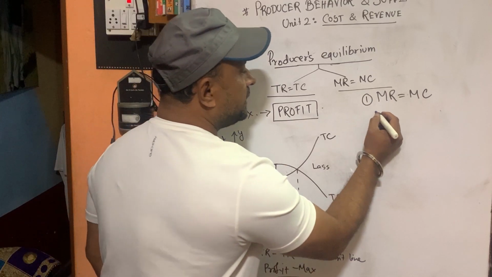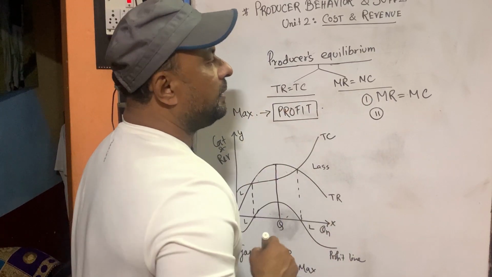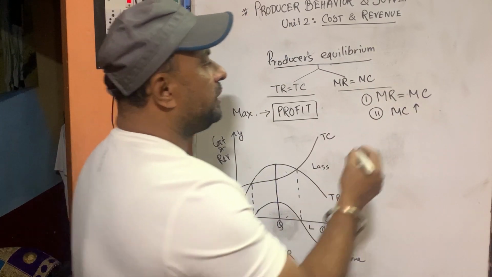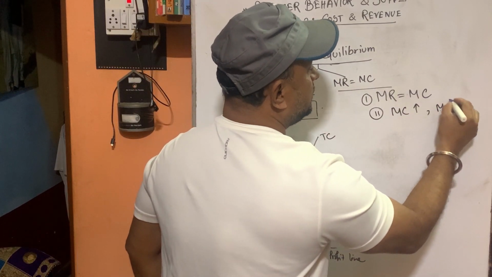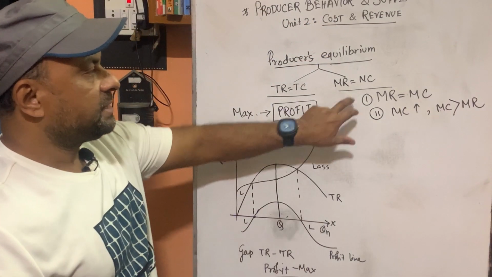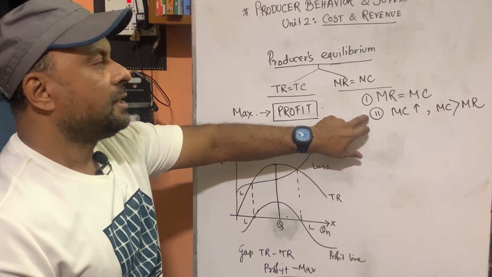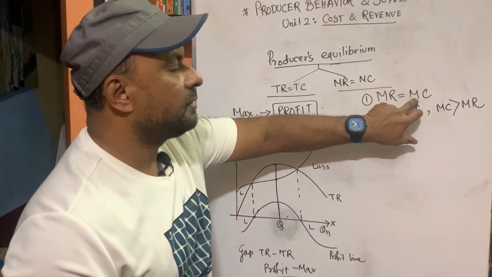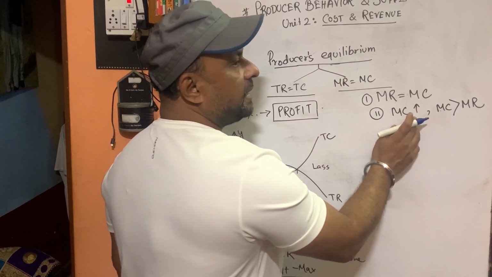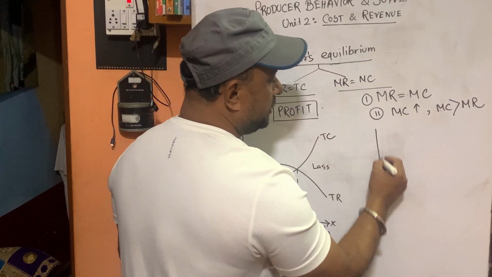And the second condition is, after the equilibrium level, MC must be rising, or we can say MC must be more than MR. This is the sufficient condition. First one is the necessary condition, second one is the sufficient condition. So, first condition is MR must be equal to MC. Second condition is MC must be rising after the equilibrium point. Okay, so if we draw,